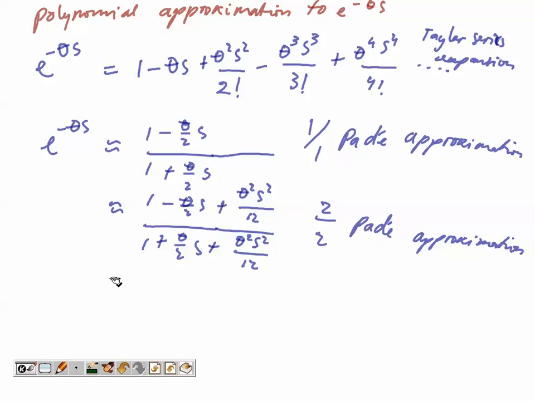To simplify our transfer function into polynomial form, we can assume for the Taylor series expansion that the second order, third order, and fourth order terms are very small. Then we can cancel them out. So e to the minus theta s can be approximated with 1 minus theta s. So we consider only the first order approximation of the time delay using Taylor series expansion.